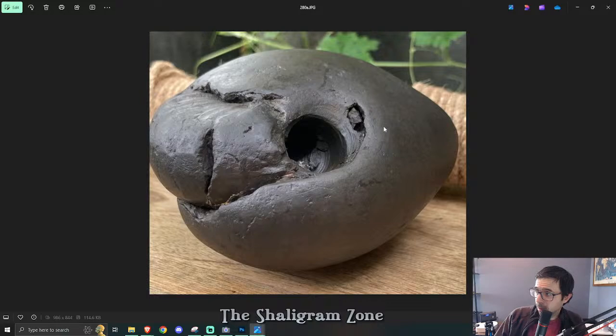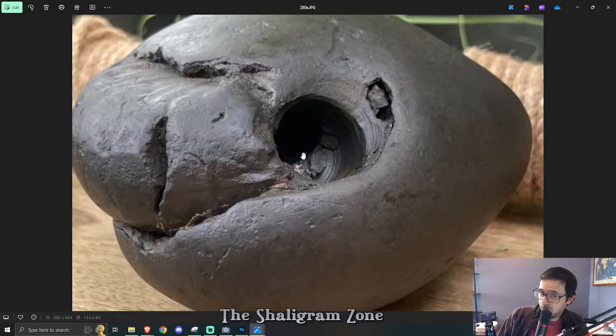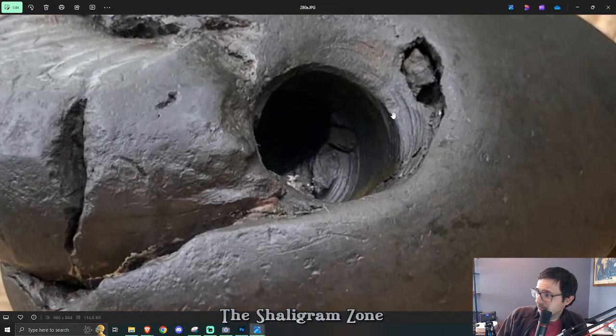So it's probably hot water flowing, but it would do things like this where it literally drills in, gets into